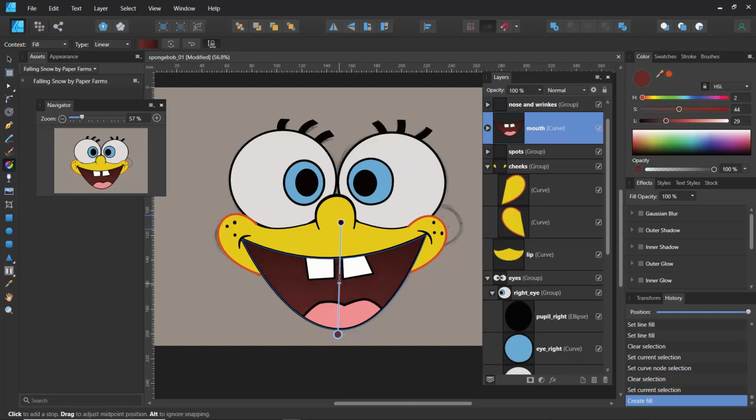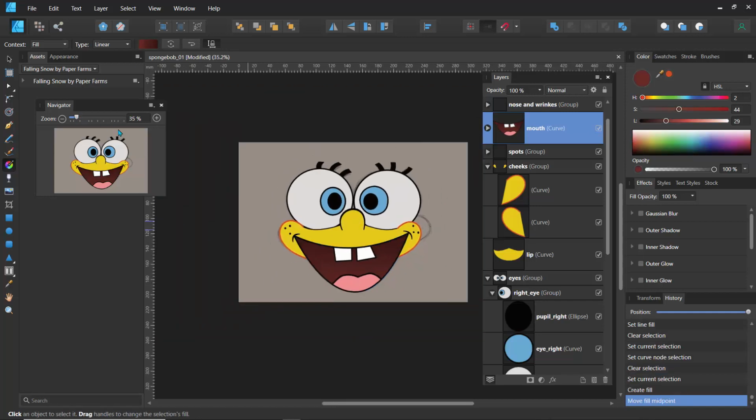If you actually look a bit far away, if I zoom out a little bit and just drag this down, if I pull this up, you can see we have a nice little gradient that's actually telling us that this mouth has a little depth to it